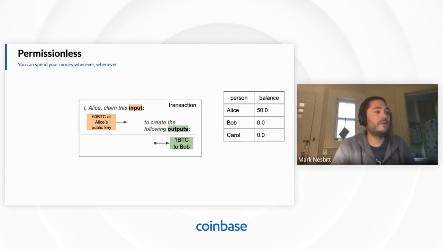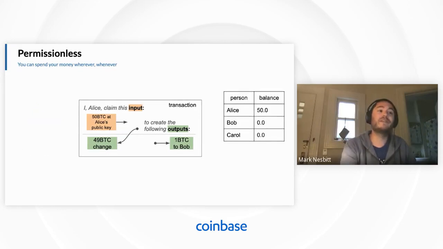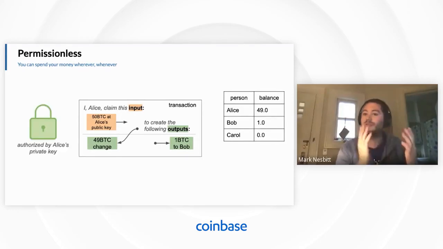So she says, I'm going to make a transaction. I'm going to take this input, which identifies the 50 Bitcoins that I had, and I'm going to create the following outputs. 1 to Bob, rather to Bob's public key, and 49 change to myself, to my own public key or a different public key that I have. And I'll sign it with the private key associated with the orange box. And then notice at signing, we can consider for now the balance to change. We'll get more into that, but that is the authorization for the transaction.